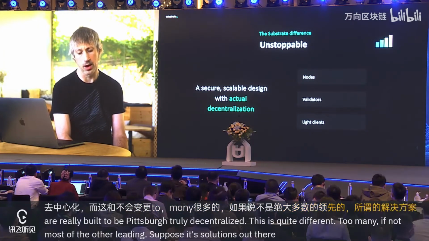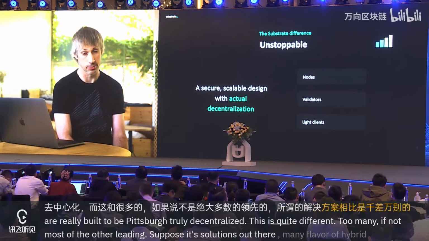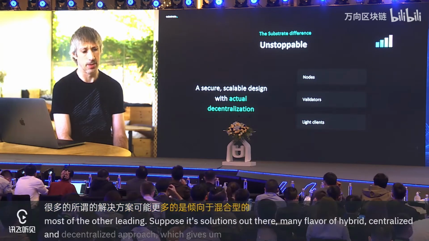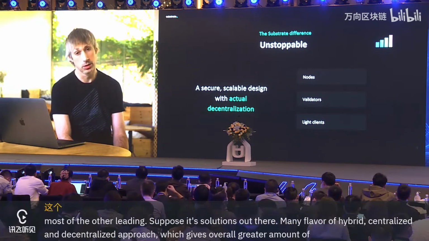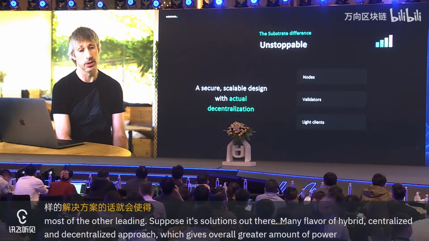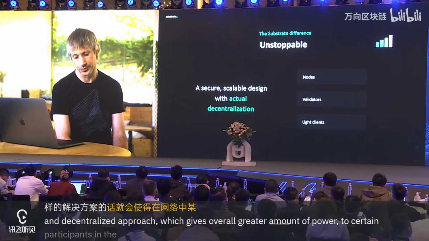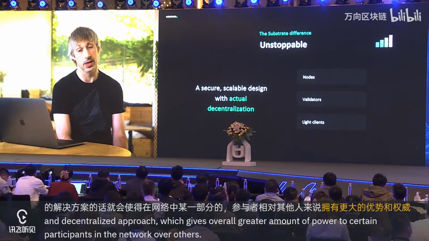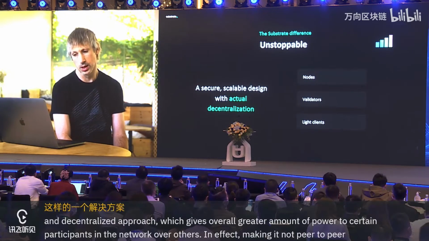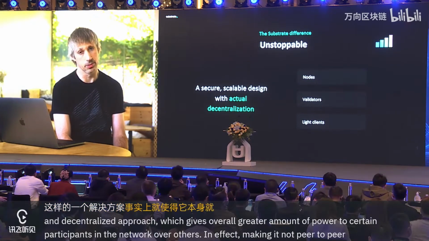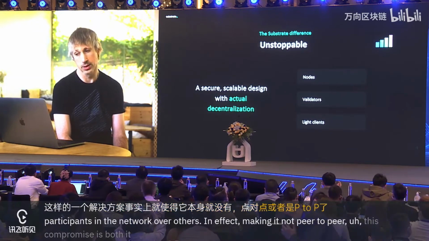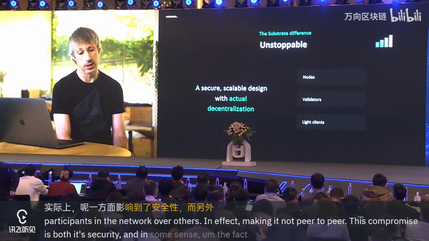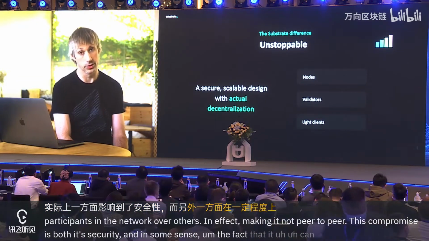Many favor a hybrid centralized and decentralized approach, which gives overall greater amount of power to certain participants in the network over others. In effect, making it not peer-to-peer. This compromises both its security and, in some sense, the fact that it can operate at all under certain environments.